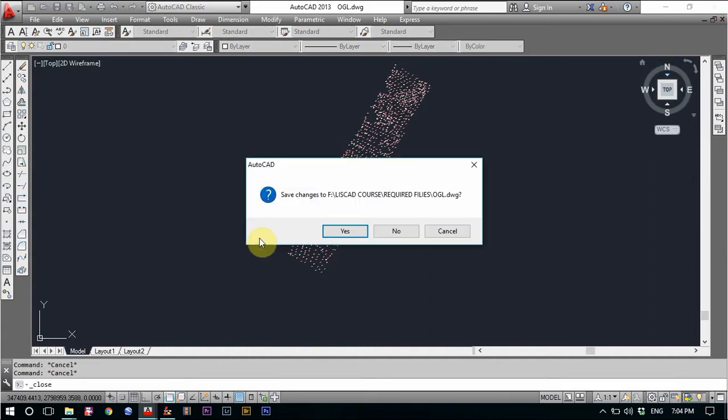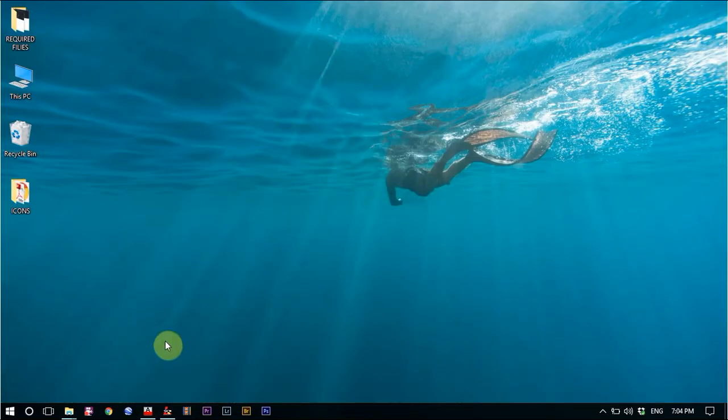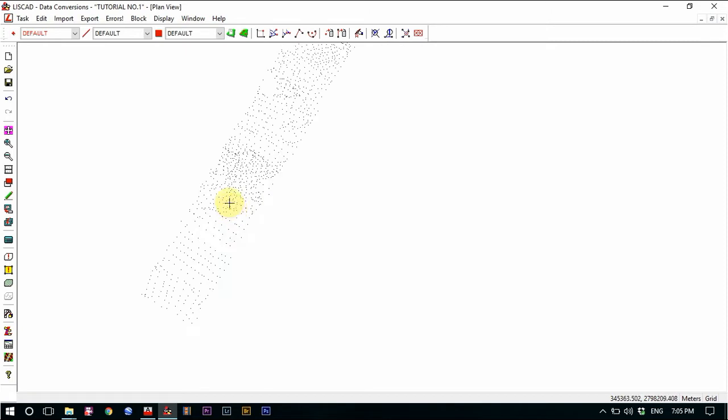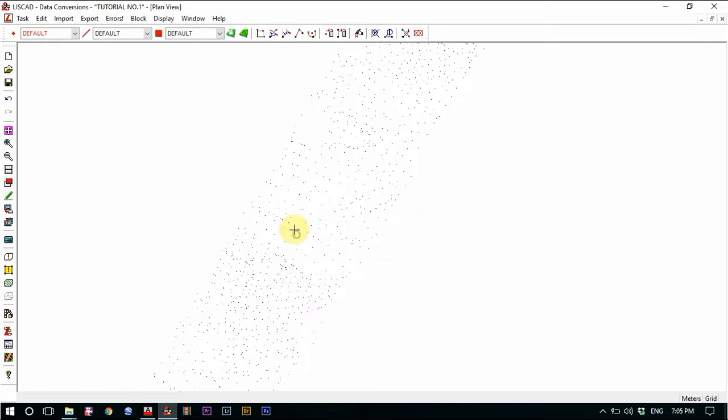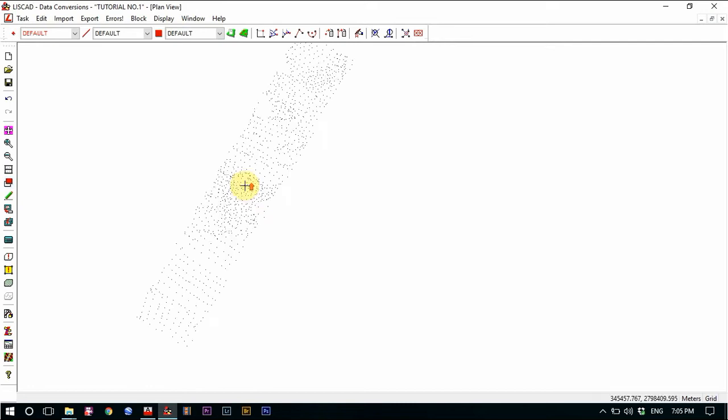As we checked, we just close it, and don't save it because there was no change. So we go to LISCAD. Here we imported our file. As you can see, these small points here are our raw survey data. We go to display. If we right click on the screen anywhere,